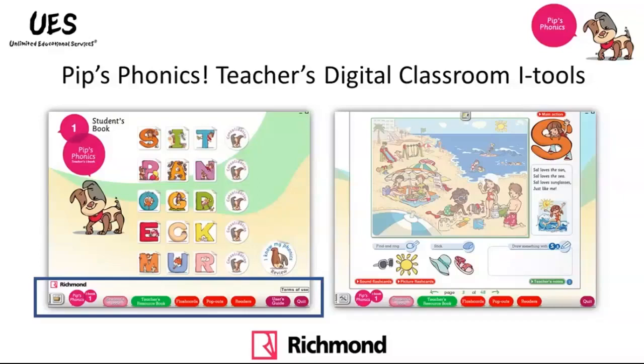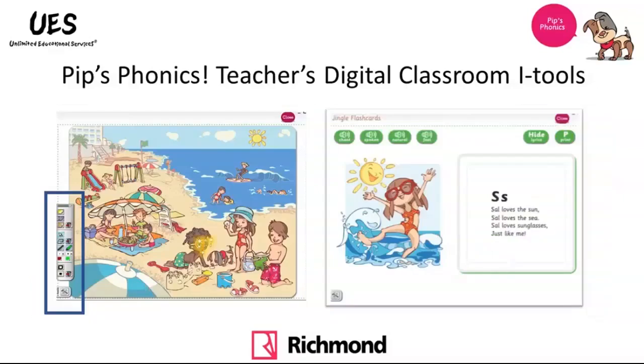On the far left hand side in the box, you can see a small folder. When you select that, this will open up extra tools that you can use with your students. On the image on the right hand side here, you can see the student's book page. Like I said, every exercise is fully interactive, so when you scroll your cursor over one of these boxes and select it, it does come alive. Here you can see I focused on the image here, which is fully interactive. When you scroll over anything on the illustration, it comes alive